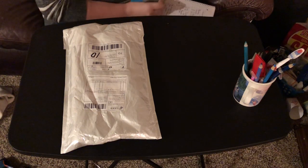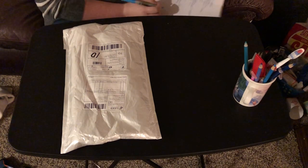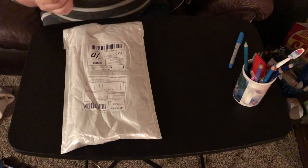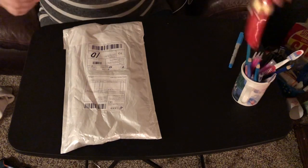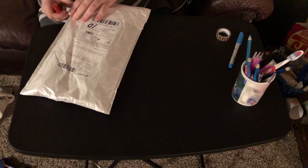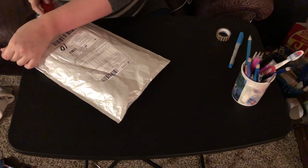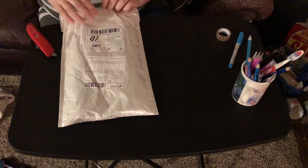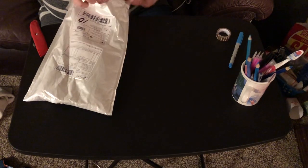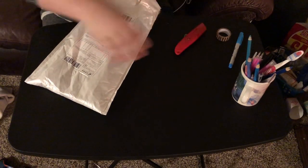Okay, let's just get into it. I'm just writing down when it was delivered. So, I don't even have scissors. I thought I had scissors. I have my X-Acto knife, so we're good. Okay, so this one,